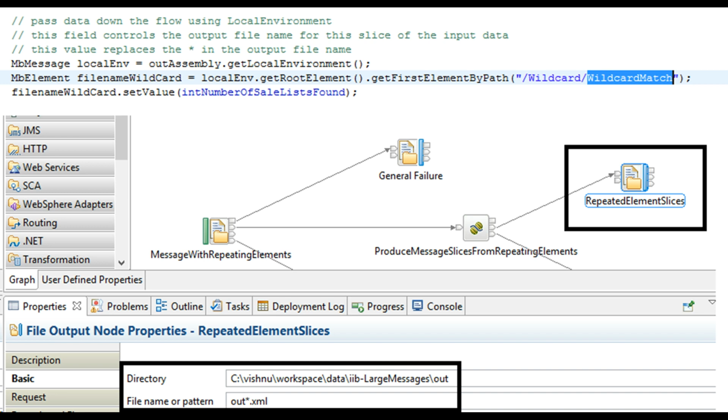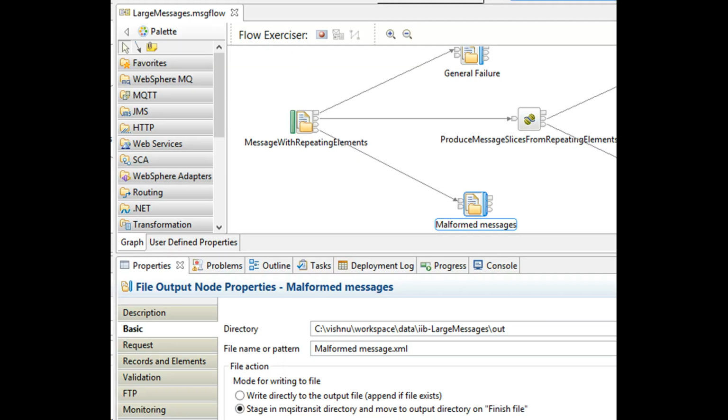We learned how to create files in IIB using file output node, and how to set their names dynamically. Then, what's the error handling for malformed XML and generic failure? These are the concepts that we've learned today.